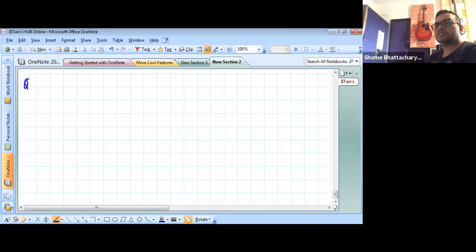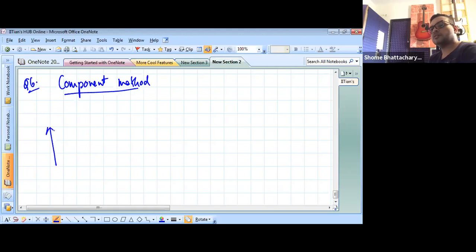Now in question 6 only, let us see the component algebra way of solving it, the component method. In the component method, I would take north as my y-axis and east as my x-axis. So my first displacement S1 becomes 2 I cap in kilometers, because it was 2 kilometers towards east. My second displacement S2,